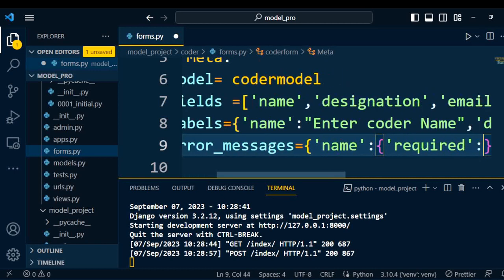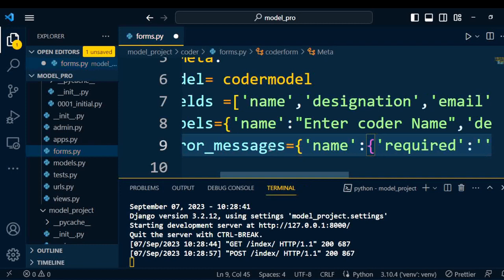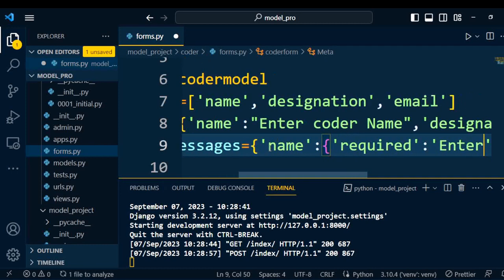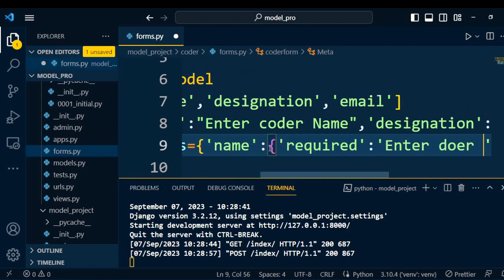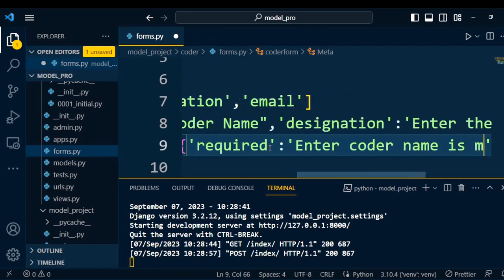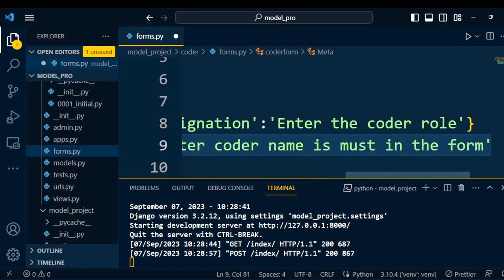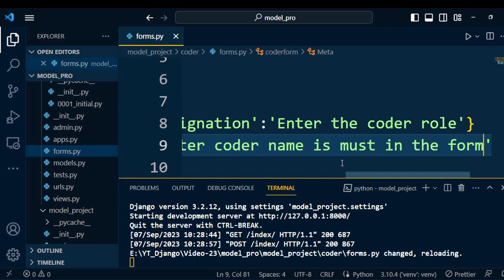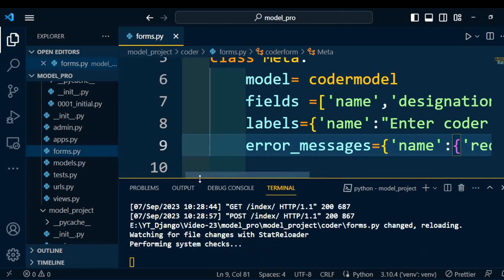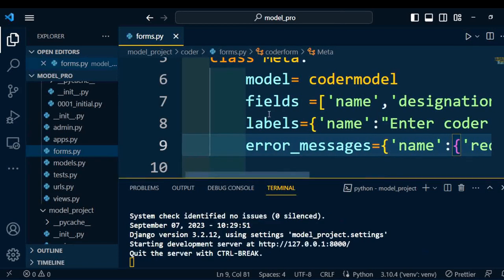And if the user does not enter those details, then a message will be displayed like "Enter coder name is a must in the form." So this particular message I want to display if the user does not submit the name of the coder. So again, I'll go back to the browser